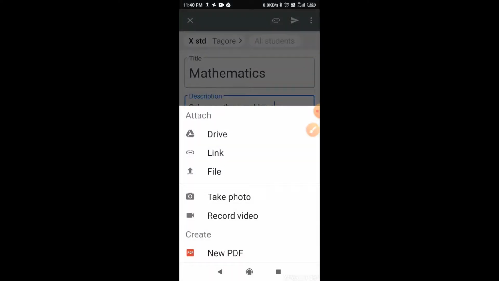You can select your PDF from your Google Drive, or if you want to give some video which you have already uploaded in the YouTube, or you want to share someone else's video, you can give the link from here. Here you can give link. You can select your file from your drive.